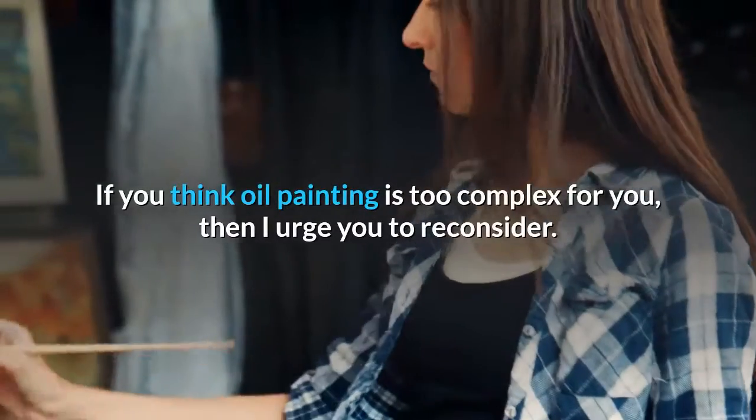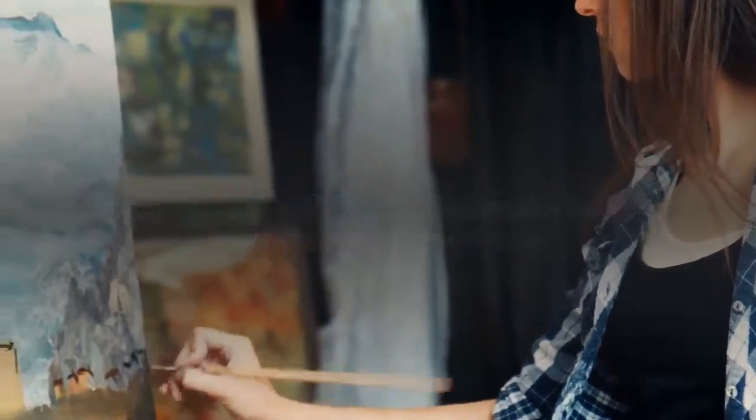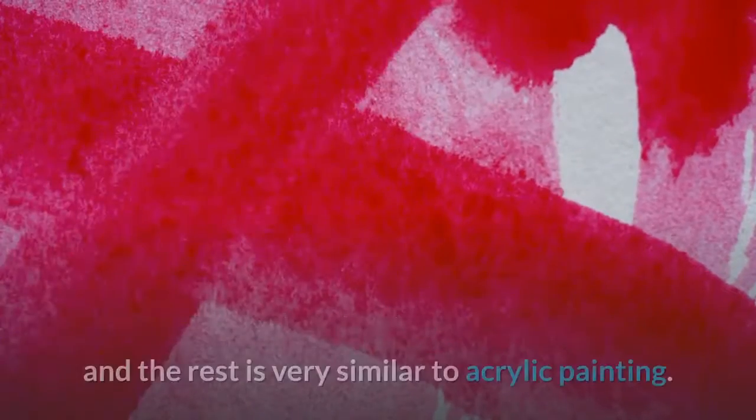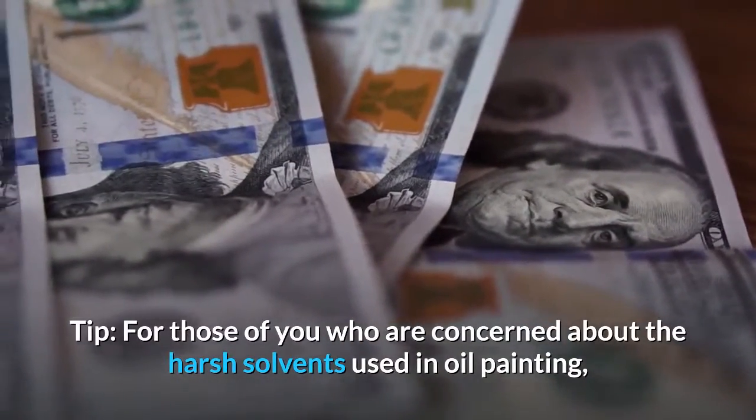If you think oil painting is too complex for you, then I urge you to reconsider. There are really only a few rules which you need to understand in oil painting, and the rest is very similar to acrylic painting. Tip for those of you who are concerned about the harsh solvents used in oil painting, like turpentine,